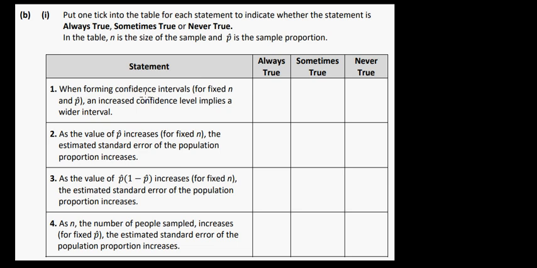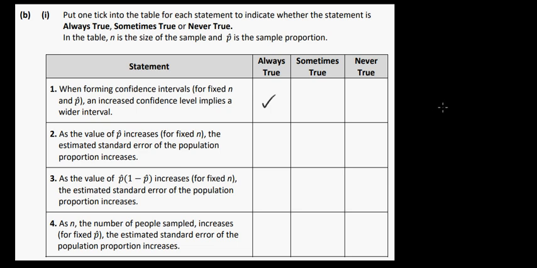When forming confidence intervals for fixed n and p, an increasing confidence level implies a wider interval, and that's always true. We've just done one for a 95% confidence level. If you increase that to 99%,